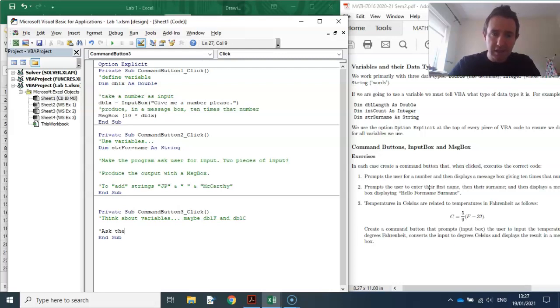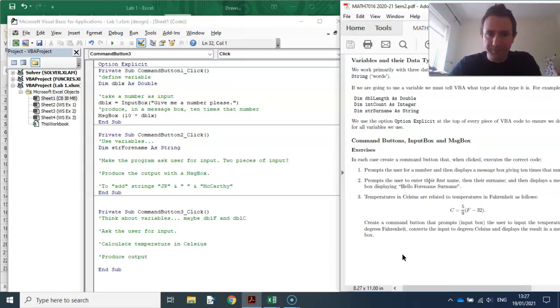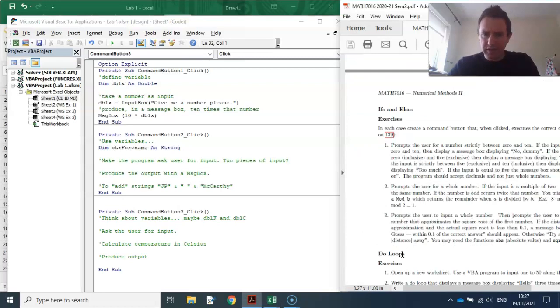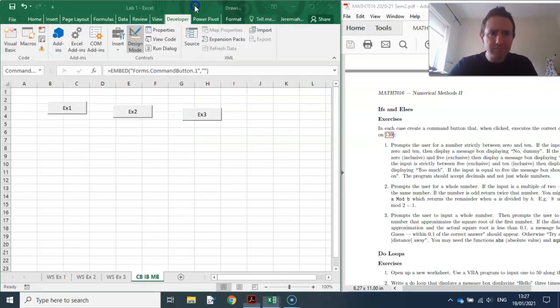Then ask the user for input, then maybe calculate from Fahrenheit, calculate temperature in Celsius, and then produce the output. So that's thinking your way through in advance. Okay. Now we're looking at the ifs and elses. Okay, so I'm going to go on to